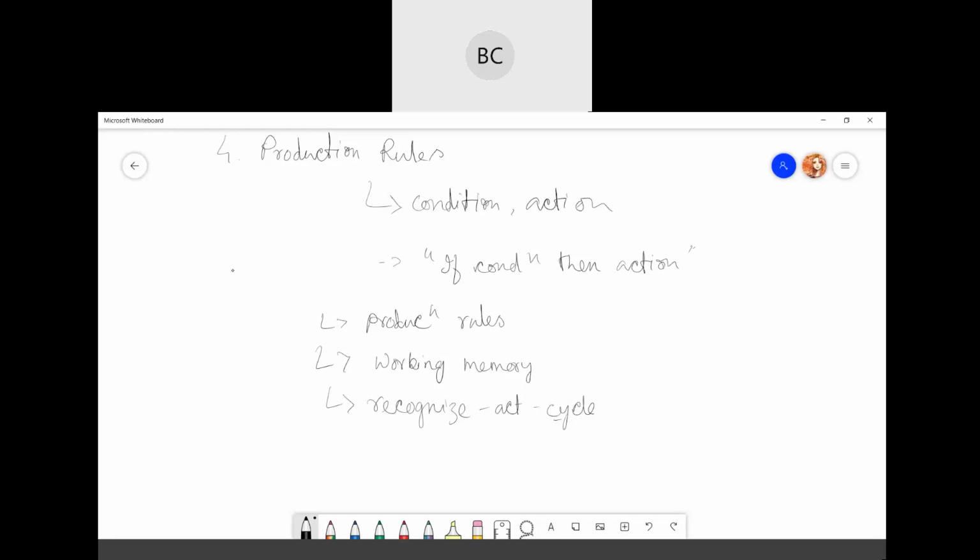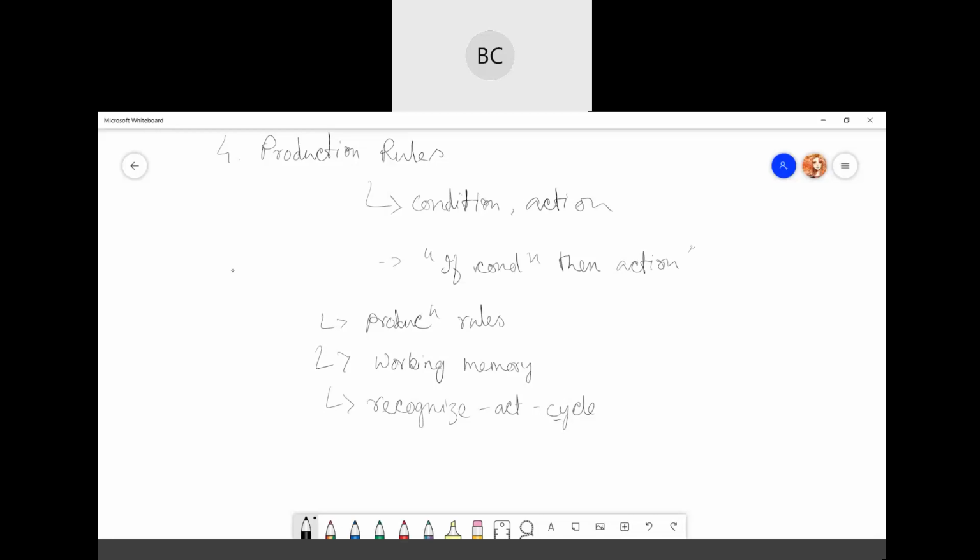In production rules, the agent checks for the condition, and if the condition exists, then the production rule fires. Then the corresponding action associated with the production rule will be carried out. The condition part of the rule determines which rule may be applied to a problem.